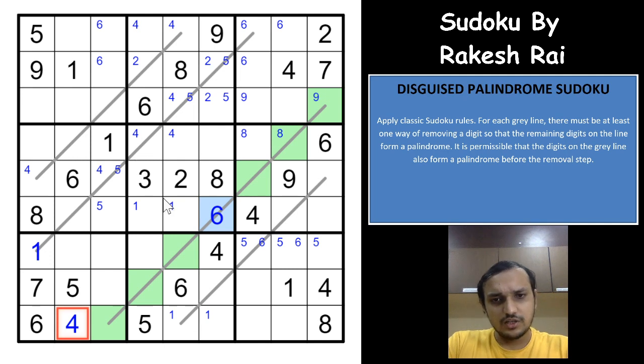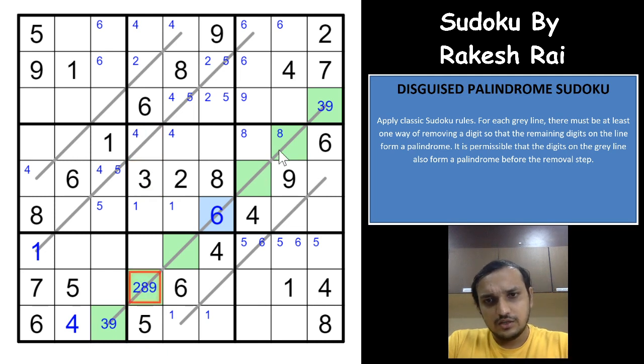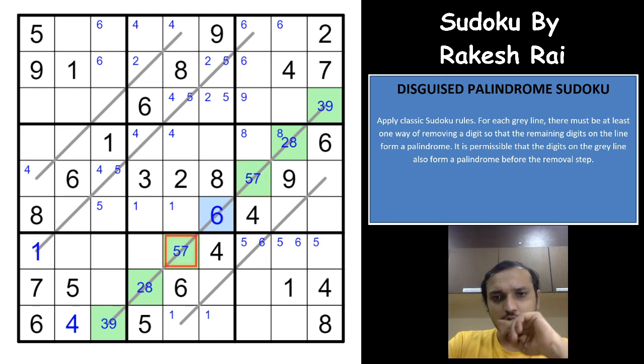That's really an excellent logic. So let us mark here 2 3 7 through 2 3 and 9, right? 2 3 and 9, which means that this cell can be 3 and 9, it cannot be 2, so this also cannot be a 2, right? Same way you can see this cell 2 3 8 and 9, 3 is not possible, 2 8 and 9, this cell cannot be 9, so it would have to be 2 and 8, so this also cannot be 9. This is 1 4 5 and 7, 4 cannot be here, 1 5 7, 1 cannot be here, 5 and 7. Okay, so this is done.